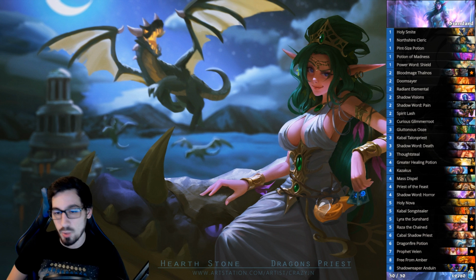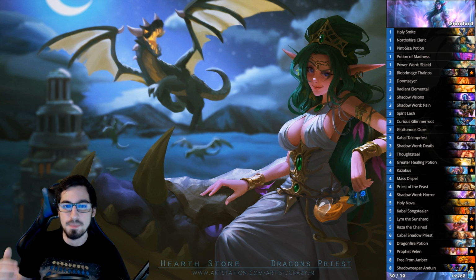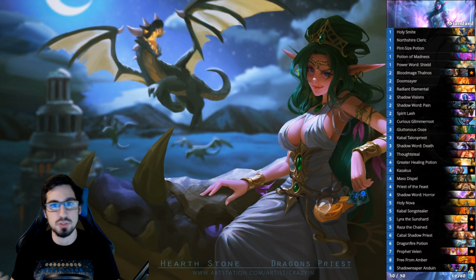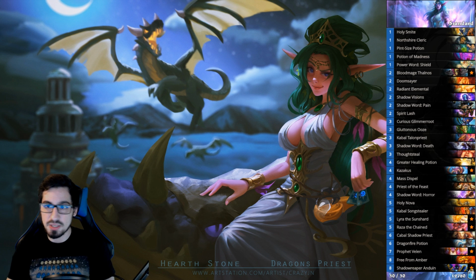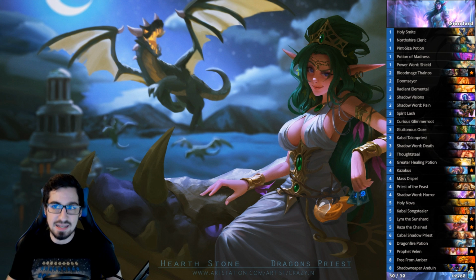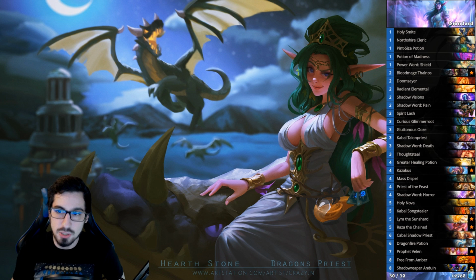In my opinion, this deck was okay prior to Knights of the Frozen Throne, but it didn't actually have a really good win condition besides just outvaluing the opponent, whether it was cards in hand, life at the end of the game, fatigue, or you just kept clearing off their minions. So this particular deck does fairly well against aggressive decks because it has a lot of good 1 and 2 mana cards, but what allows this deck to actually excel versus control decks is the new Anduin,